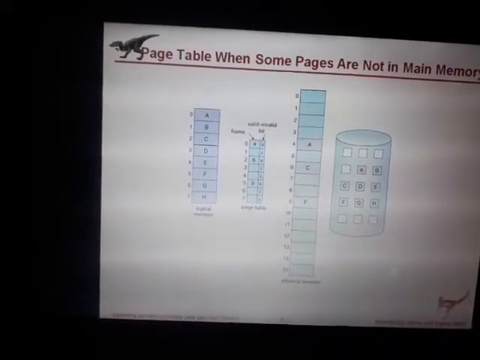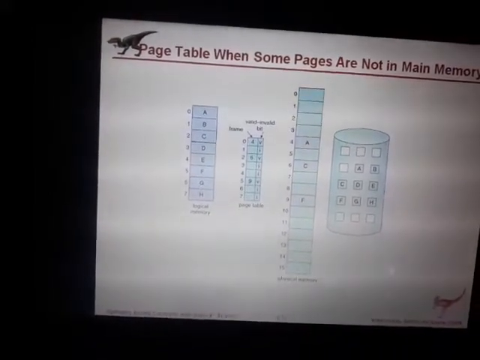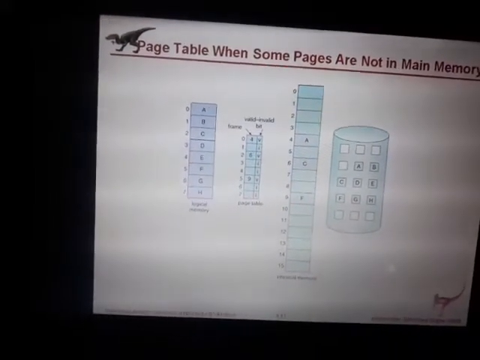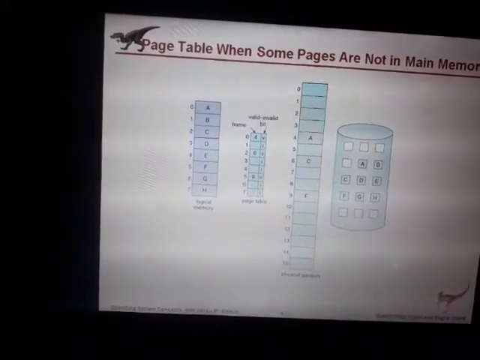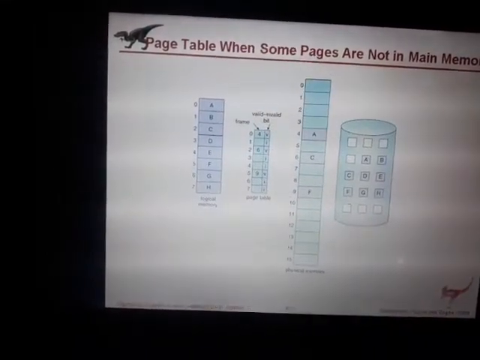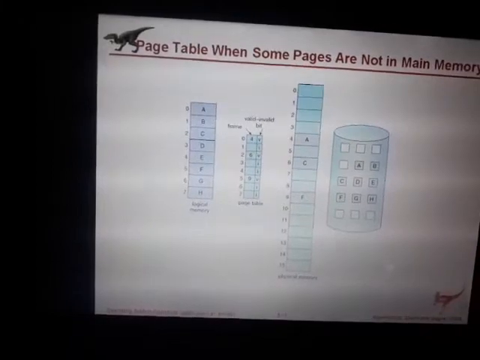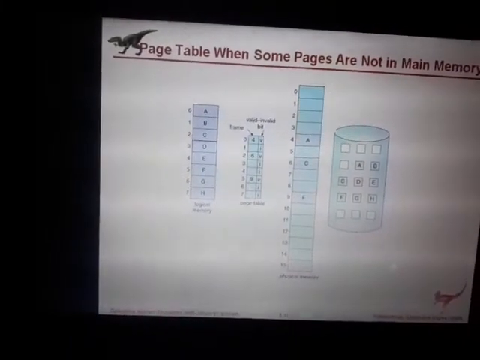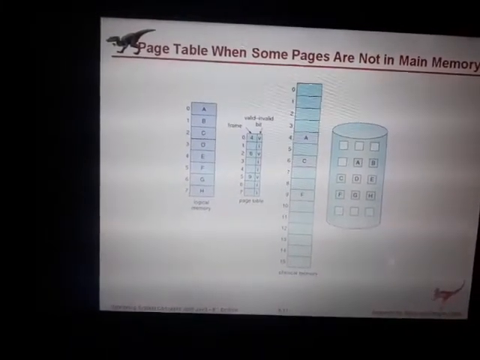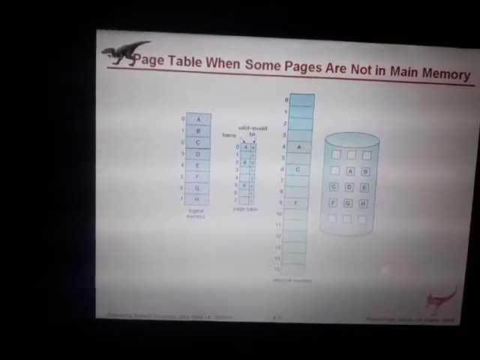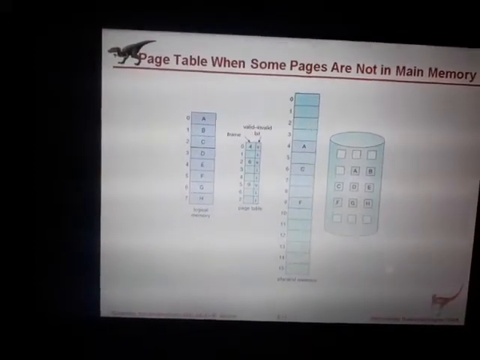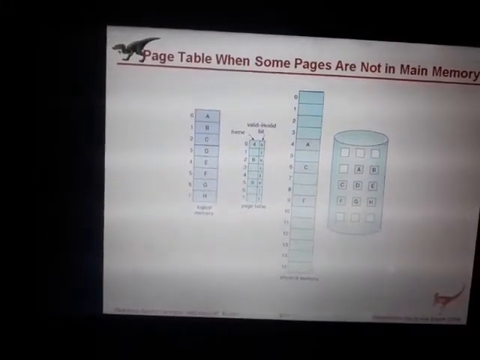So whichever location the elements of the logical memory occupy in the physical memory, that is A, C and F, that particular address value is stored here in the page table, that is 4, 6 and 9, the frame value existing there.